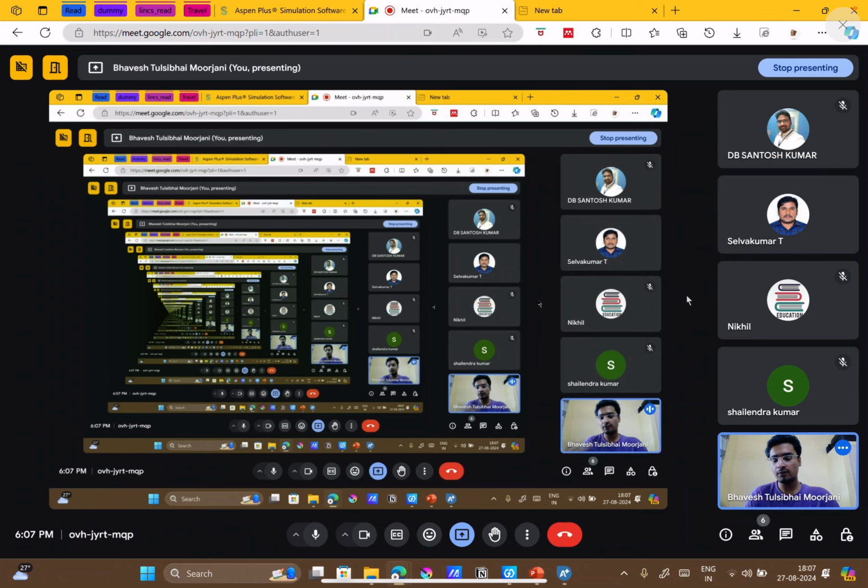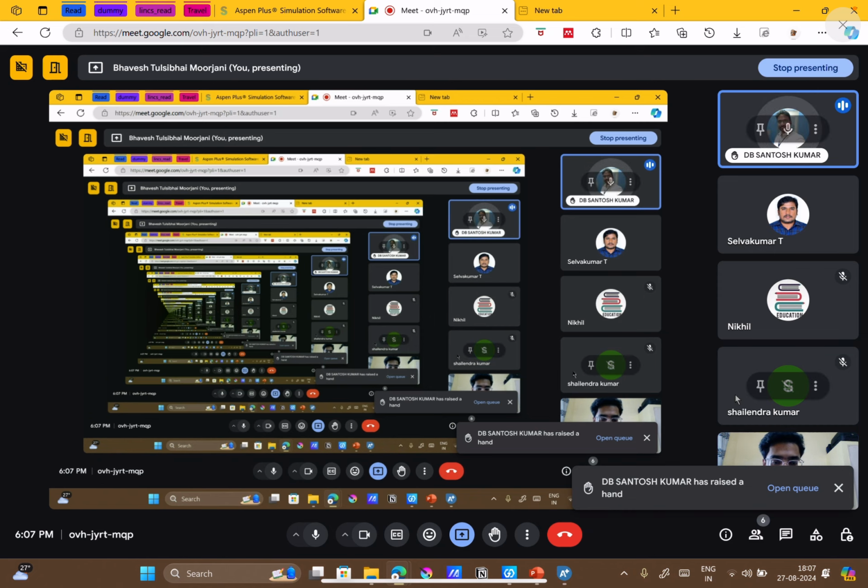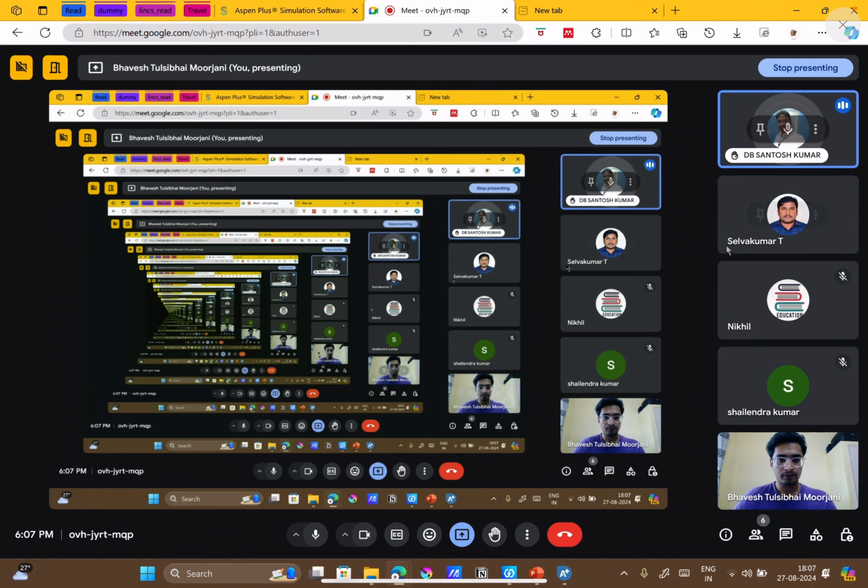That way it will be more interactive, since there are multiple small questions that we can proceed with that way. So how many of you have access to Aspen Plus and can share your screen? Okay, so Santosh Kumar, you can. Anyone else? Yeah, I'm having it. Yeah, you have Aspen Plus, right? Yeah, okay.